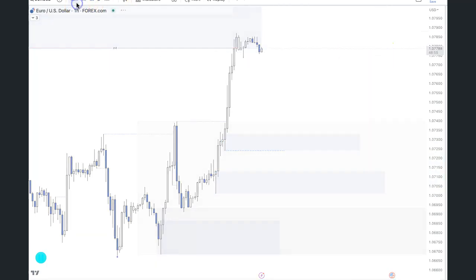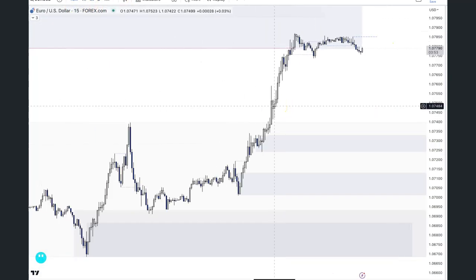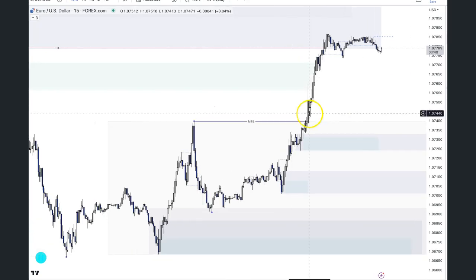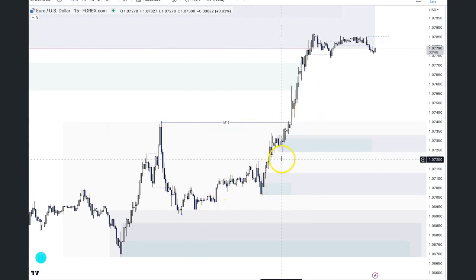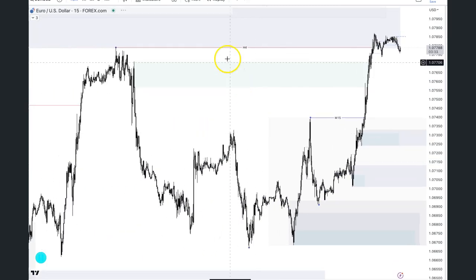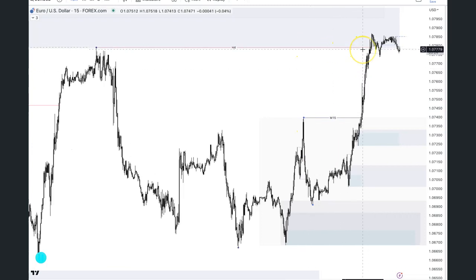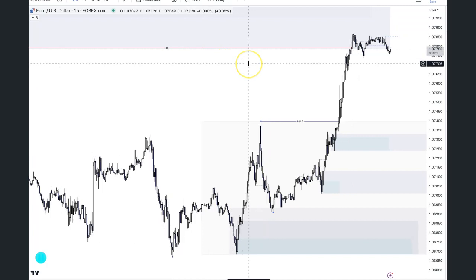Moving on to the M15. So the M15 is obviously bullish, as we can see. Yesterday we had a great bullish leg, and I missed entering this trade by less than a pip, but it is what it is. I think I can now get rid of this. So M15 is definitely bullish. We pulled up, we've caused this also to break, and we can look at